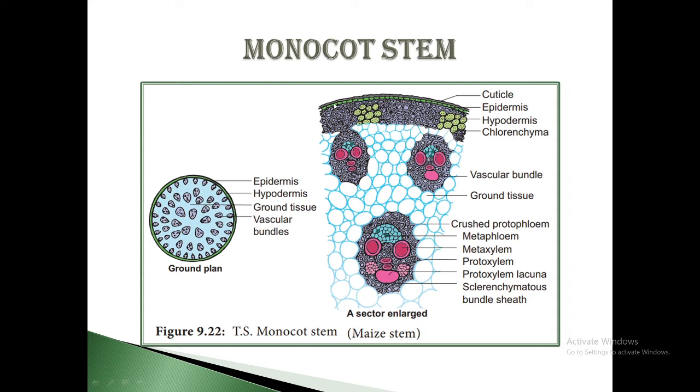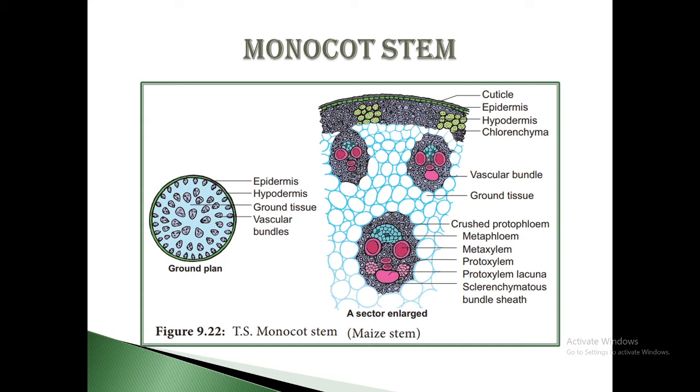The epidermal region is the outermost region. These epidermal cells are single layered and compactly arranged, with the outer wall made up of cuticle, or it is known as the cuticularized epidermal wall. Epidermal hair is altogether absent in Zea and Asparagus, but a few stomatal structures are present in the monocot stem of Triticum aestivum.